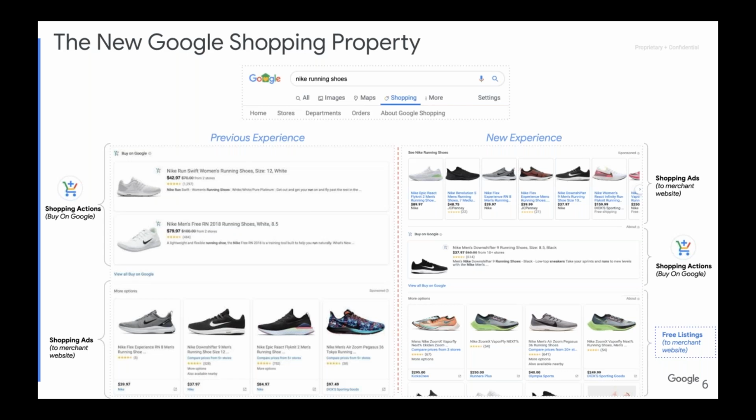And as you can see, at the top right side of free listings, it says about. It's not sponsored. It's absolutely unpaid. So hopefully, I just wanted to put this out there and try to explain what the new experience is all about, and hopefully you'll see similarity to how Google.com operates, how Google search operates, which is